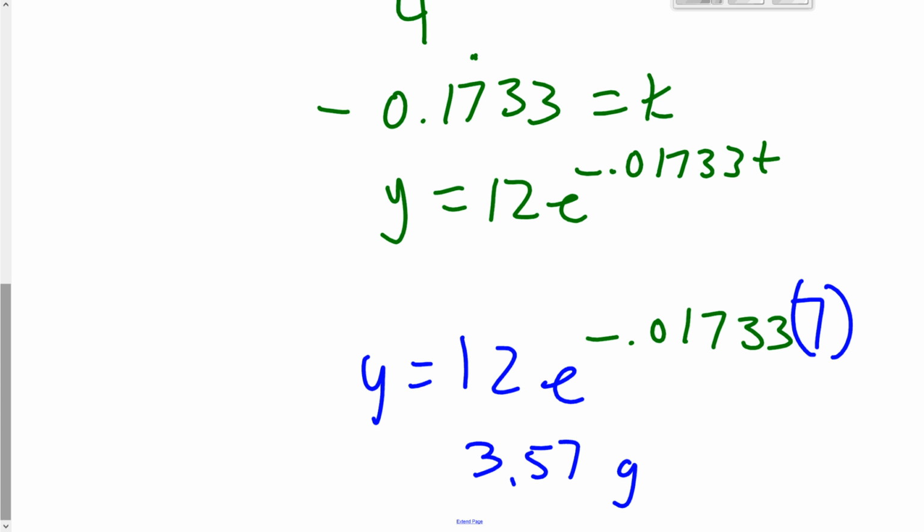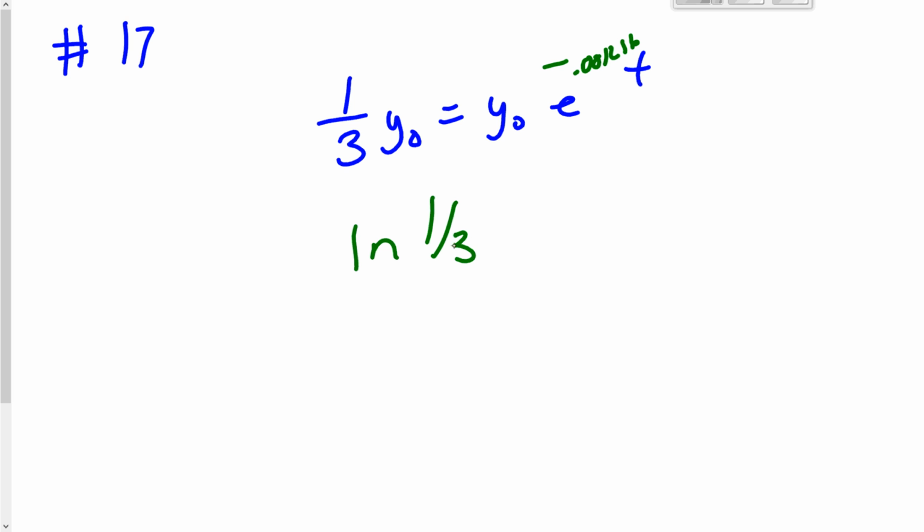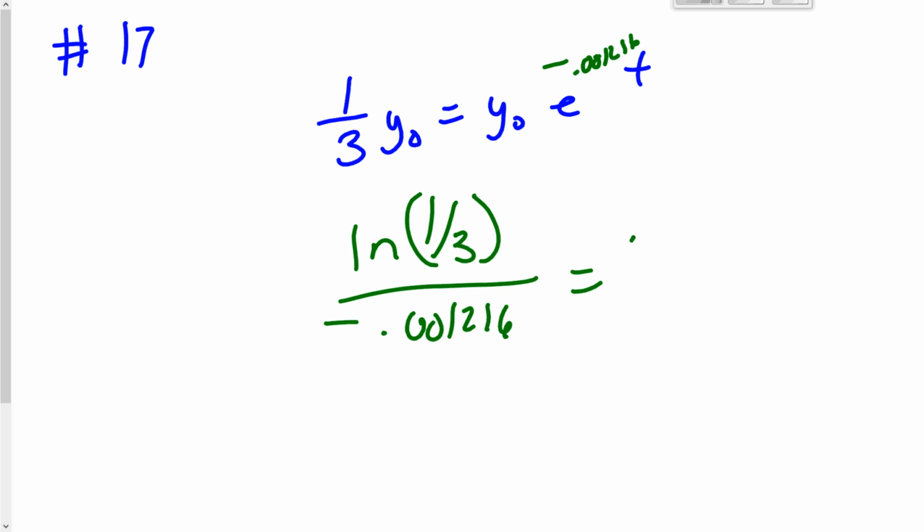Number 17. We're trying to figure out how long ago the Egyptian died, given that he has carbon-14 at 1/3 of what remains. So that'd be 1/3 of our initial amount, right? And it's carbon-14, so we can go ahead and enter in our k. We know what that is, we are given that as negative 0.001216. So we're going to get ln of 1/3, and divide that by our k, which is negative 0.001216, and that's going to be our t in years. And so that is about 9,000